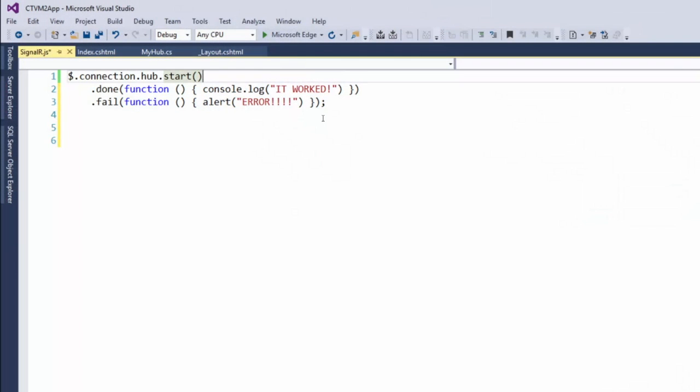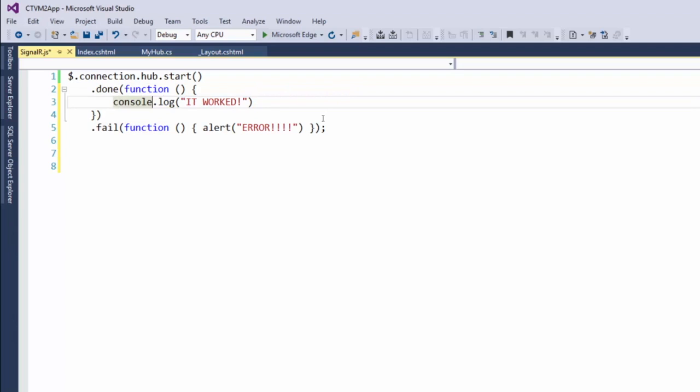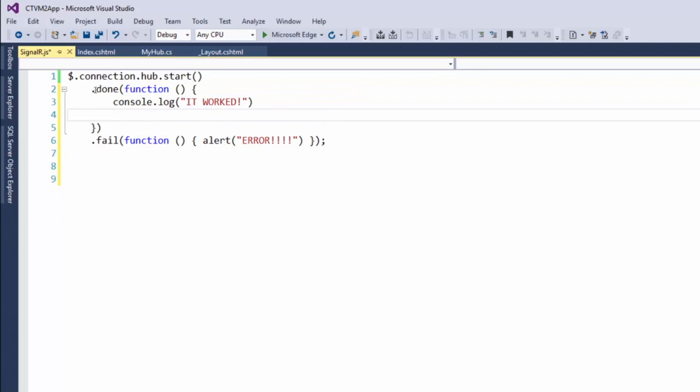So we're going to have it so that when the connection is established, we invoke that server-side method. So within this done here, we are going to put that call to that method. So let's just clean up the syntax here a little bit. So when we get the connection and it works, we'll log it, and then we'll invoke a server-side method. So what we're going to do is